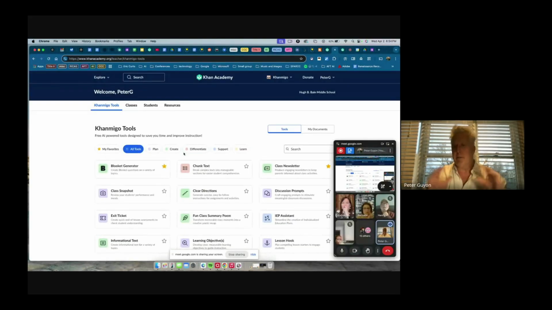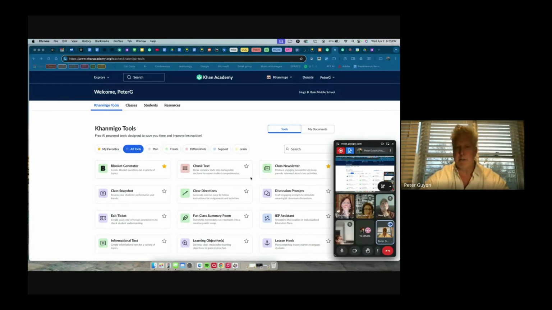Okay, so if we start here, as Kathy mentioned, all the different tools here are in different colors. And some of hers were starred. If you like some tools better than others, you can star them by clicking on the star.